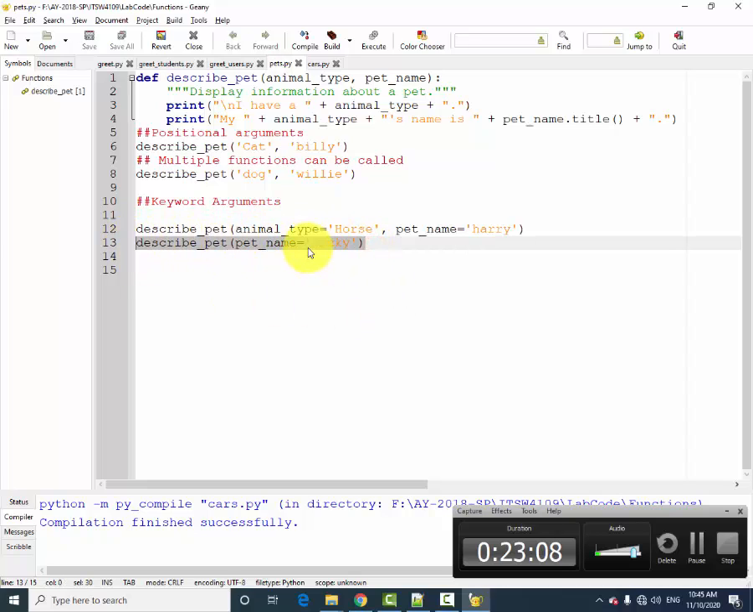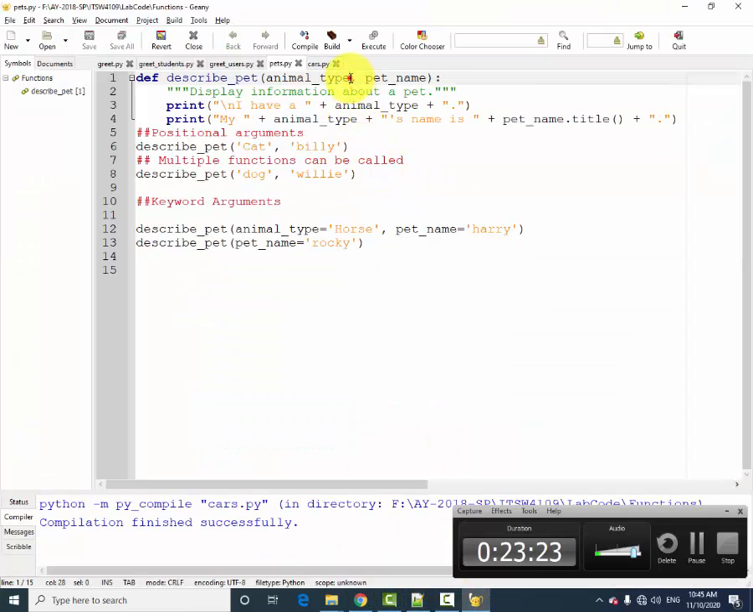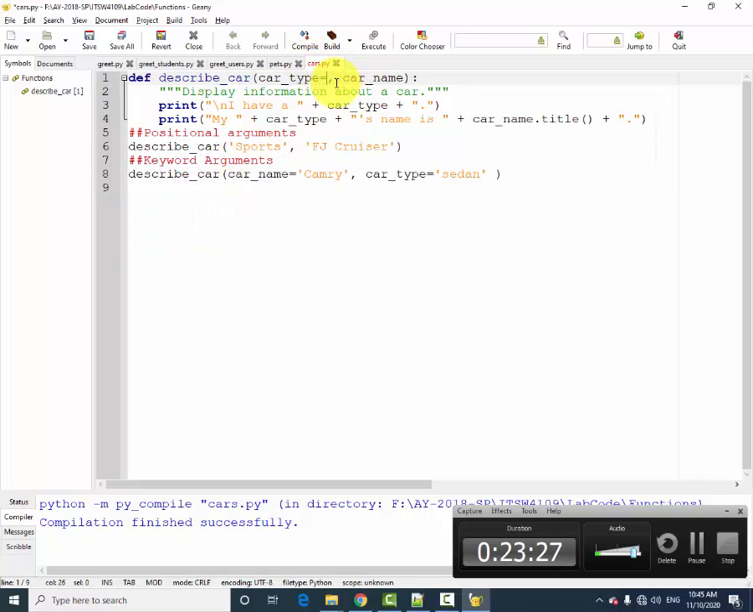So here I skip the animal type. So animal type it will be skipping and it will print the pet name as Rocky. So here also, in the describe function you mention what type of car you are using, for example like Lexus. Okay, so here I don't provide the argument name,